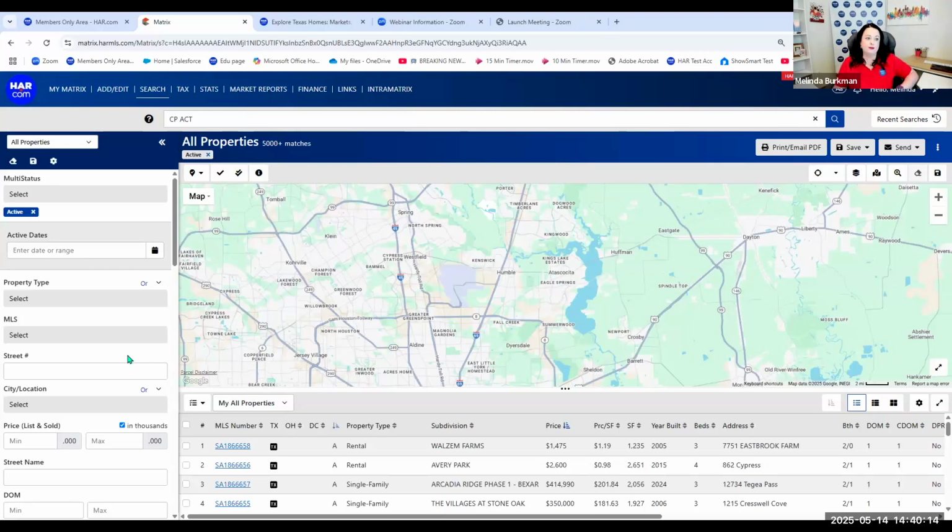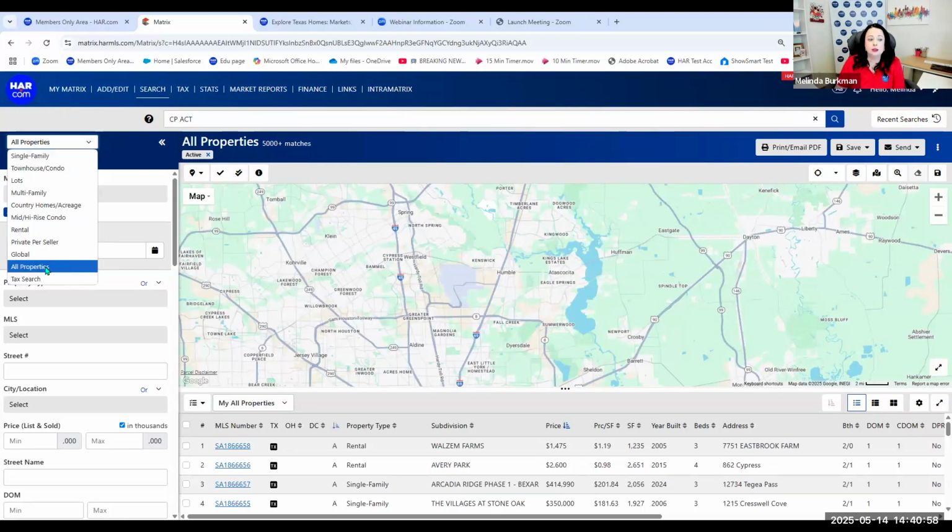So on the left side, we have our criteria. I like to leave it on all properties. I'm not gonna lie, I have a few scenarios where realtors have called me saying my client started out, and after class, I did an auto email for them under single family. So they clicked the little down arrow or they did it in quick, right? They did it in a single family search. And, you know, their client was super excited about a single family home, but they're just not seeing the type of home that they wanted. So now they want to open it up to townhouse and condos. All right. You can't amend a single family search and add another property class.